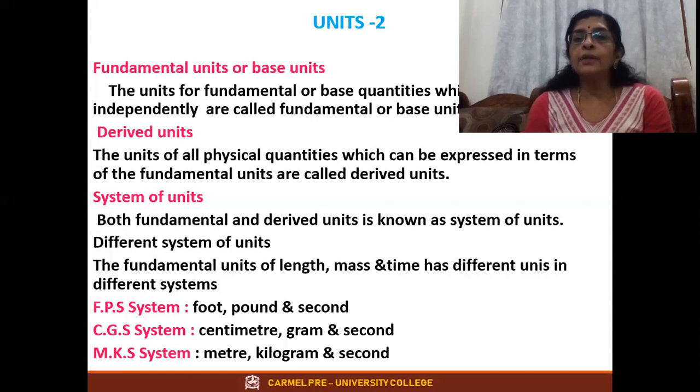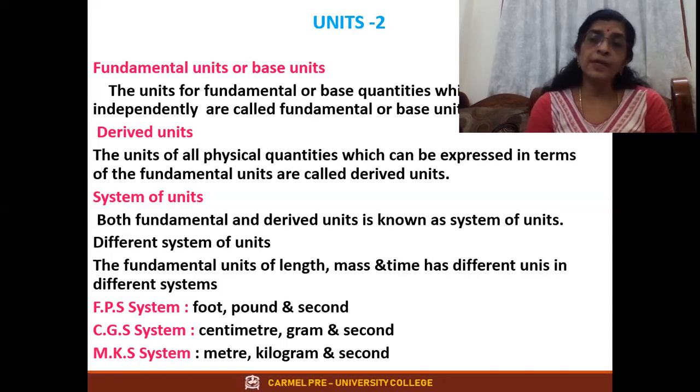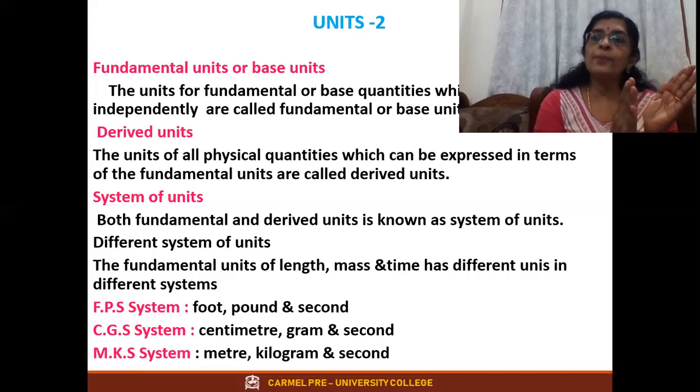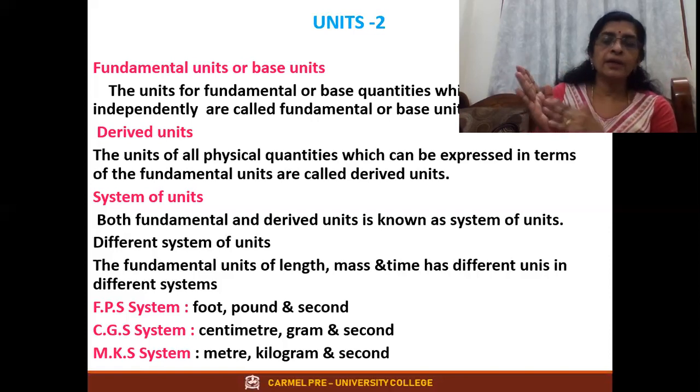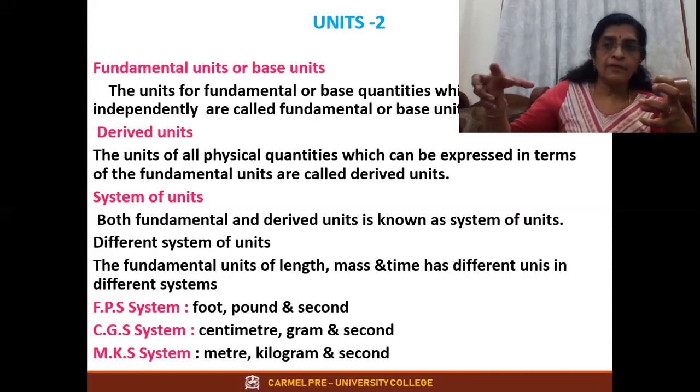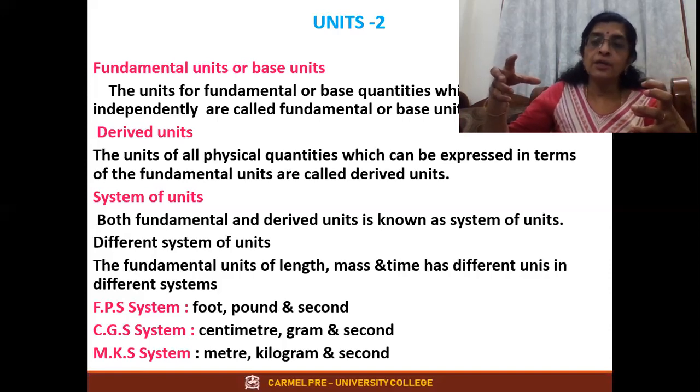The units of fundamental or base quantities which are defined independently are called fundamental or base units. Derived units are the units of all physical quantities which can be expressed in terms of fundamental ones. Say for example, length we measure in meter, right? Coming to velocity, what is velocity? Displacement by time taken. Displacement is in vector form or scalar form, leave that. But displacement is displacing from one point to the other. That means the distance it is covering, right? How will you measure the distance covered? It is taken as length, L, by time taken, T. So length is a physical quantity, and time is also a physical quantity.